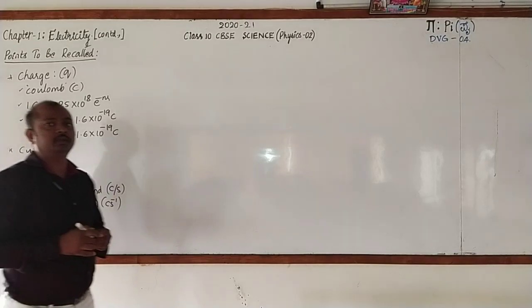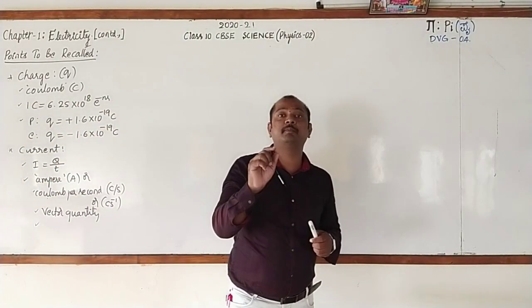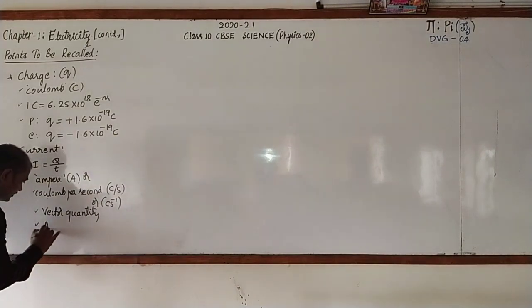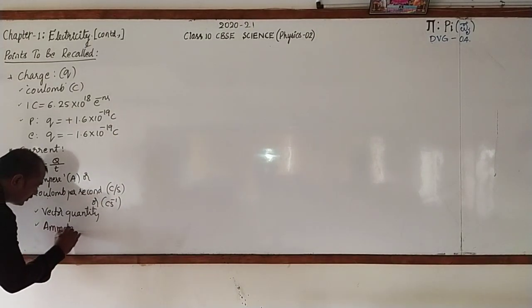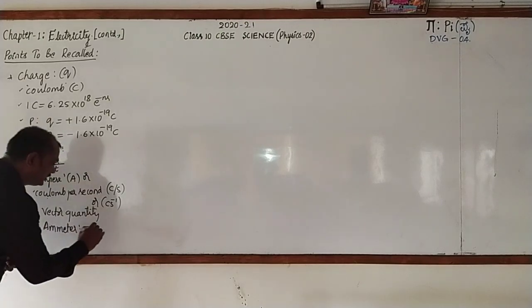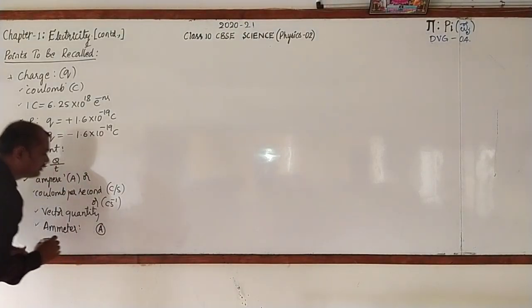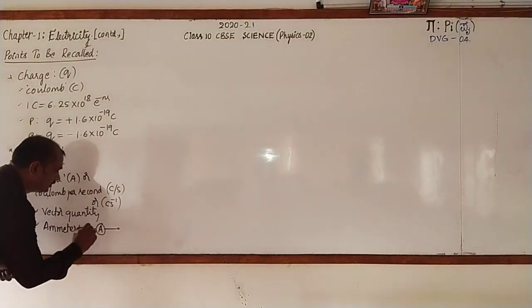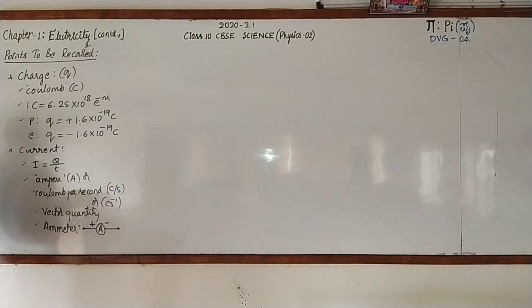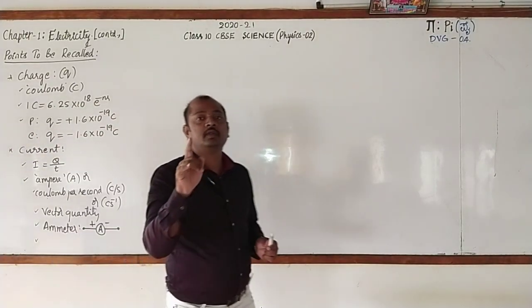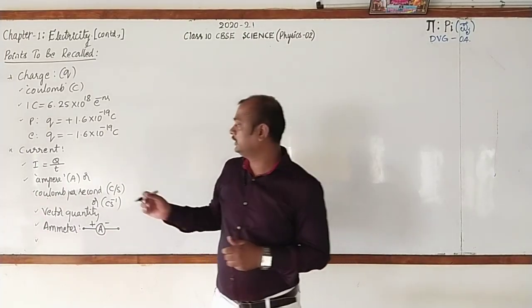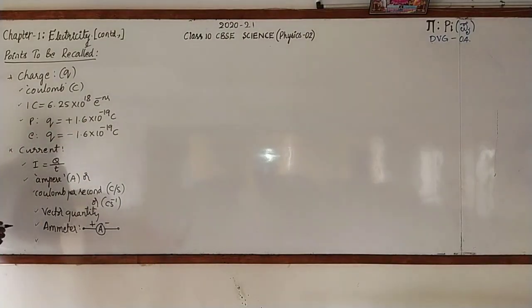Then the amount of current flowing in the conductor can be measured by using a device. What is the device? It is an ammeter. And its circuit symbol is an encircled A. On either side, we draw lines, then terminals are to be shown. Then what do you call the value of one division on the scale of a meter? It is its least count.